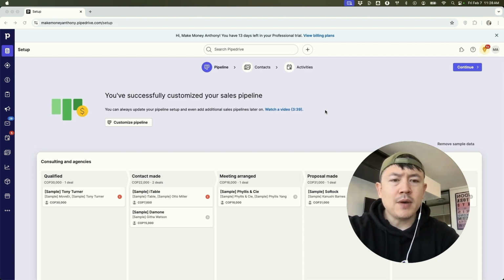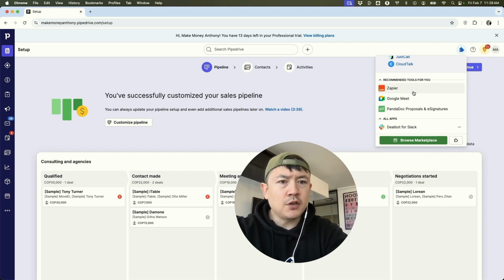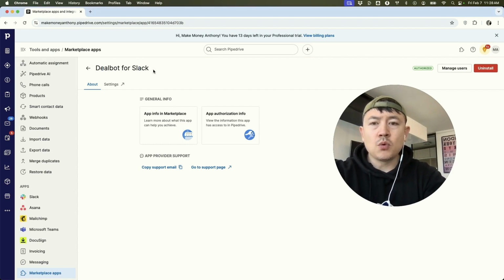Now here on the home screen, if you want to go ahead and delete or remove your Slack from your Pipedrive, here on the top right, you want to click on this little puzzle icon. Once you do that, you're going to see a drop-down menu and you want to look for Deal Bot for Slack. Go ahead and click on the Slack logo. Okay, once you do that, it's going to bring you into the Deal Bot for Slack settings, you can see right here. And in order to delete or remove this from your Pipedrive, click on the red uninstall button